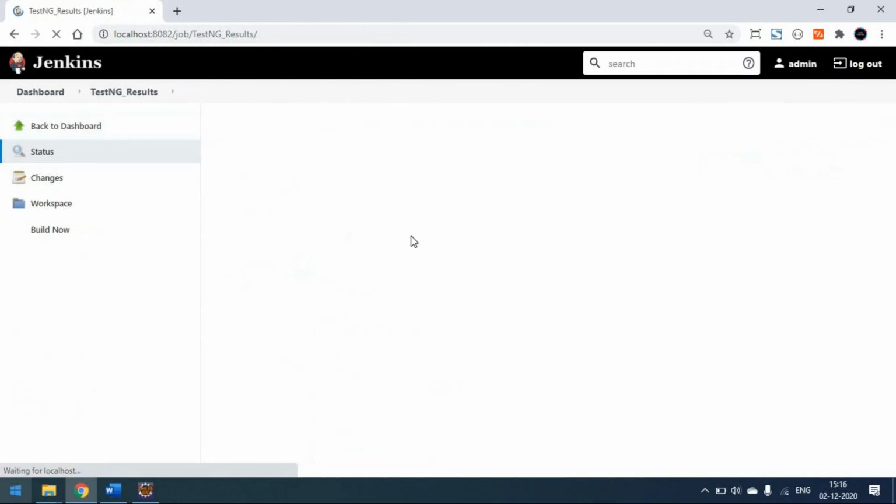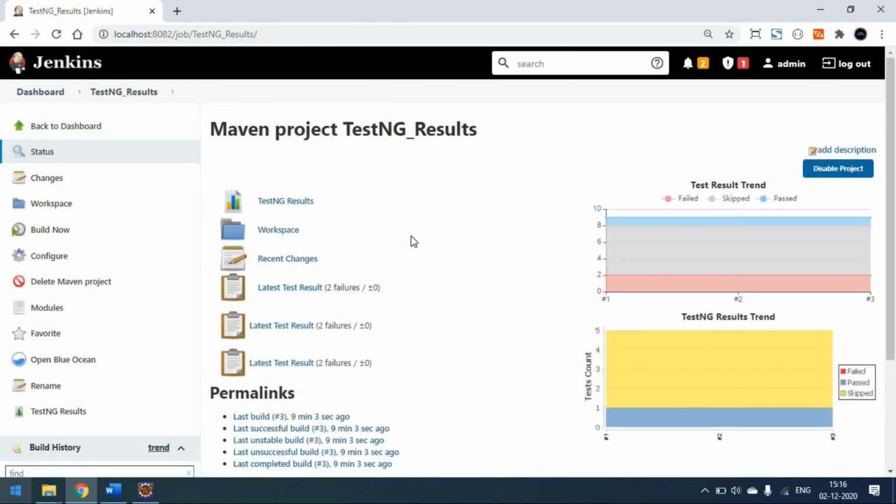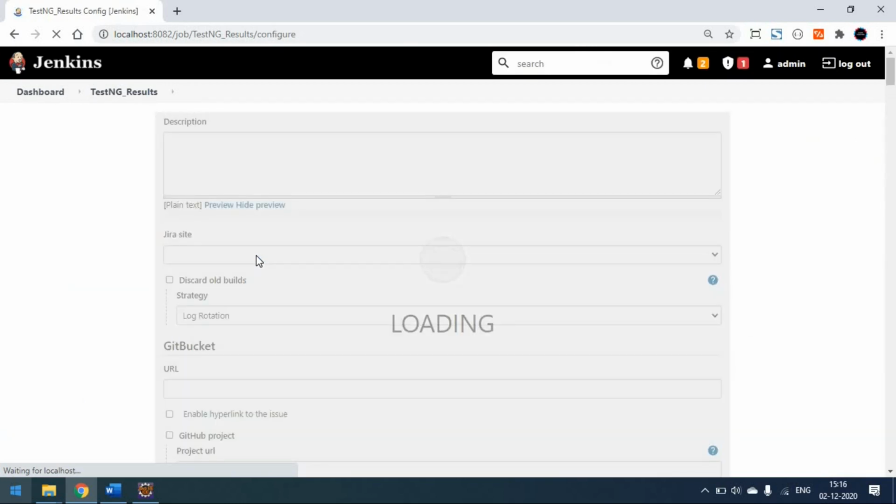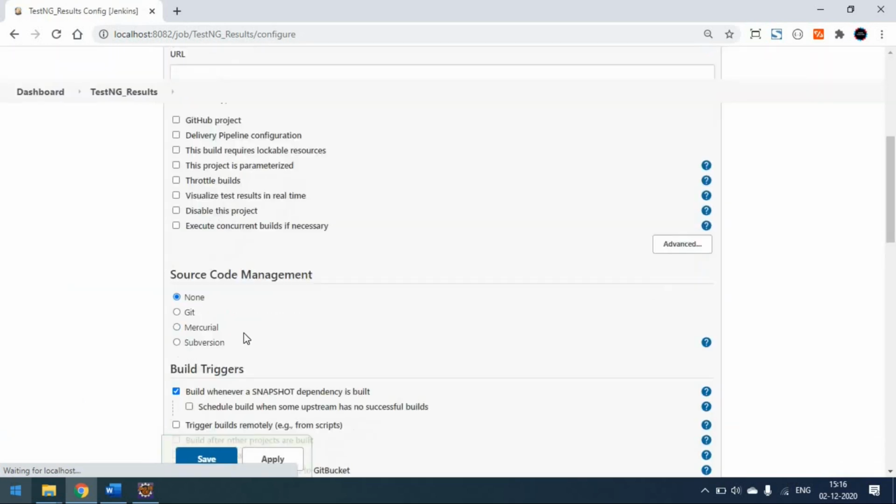Okay, so that's all about how to integrate our TestNG results to our Jenkins, right? So not only with this TestNG, you can go for any other HTML report as well. Like, last video we have seen the TestNG metrics, right? So you can simply go here, configure, and you just add this publish HTML report, right? Last video we have seen how to generate the HTML report, how to publish the HTML report to the Jenkins, right? So we have added this HTML plugin in the post build action, right?